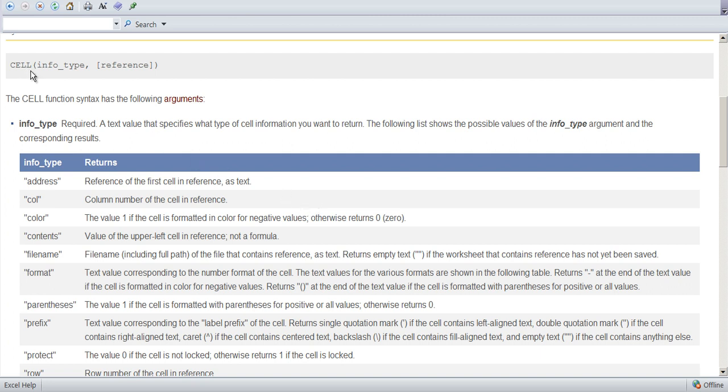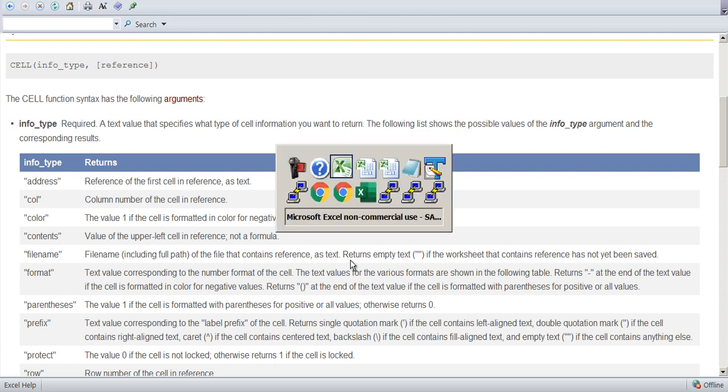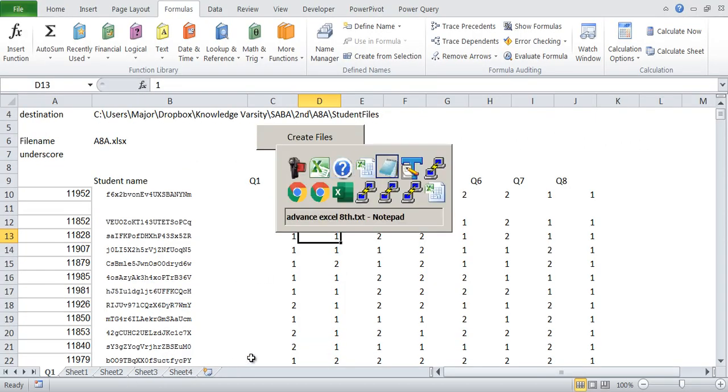So the cell function has this as the structure. So CELL and then info_type, and then here reference is the cell reference you can give. So the info type is address. If you are giving address, then it returns the reference of the first cell in reference. So let's say if you are giving as an example,